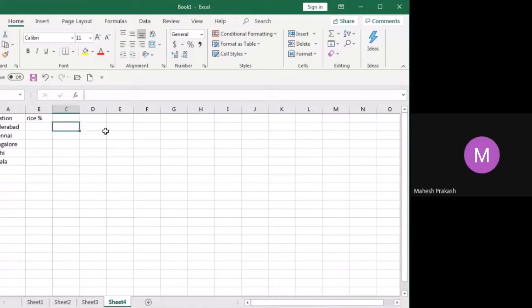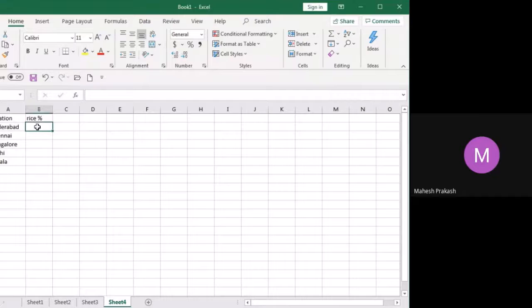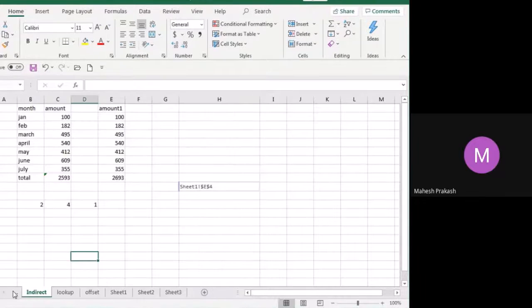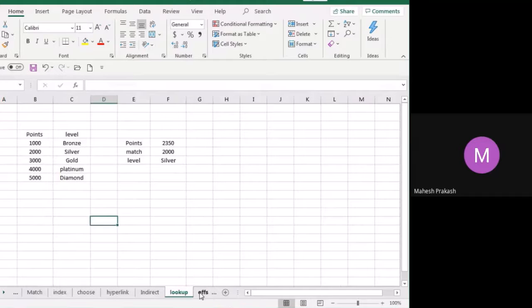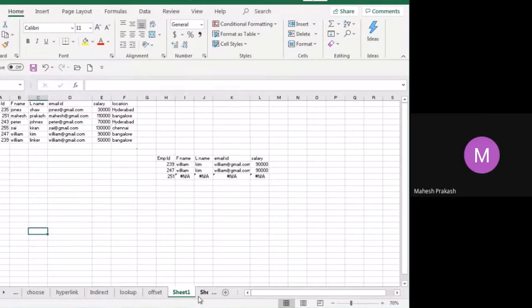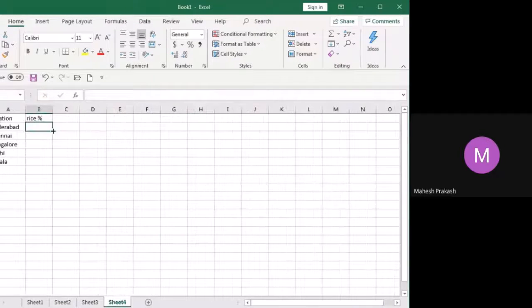Here I'm putting 25%. Keyboard is not working. Just give me a second.